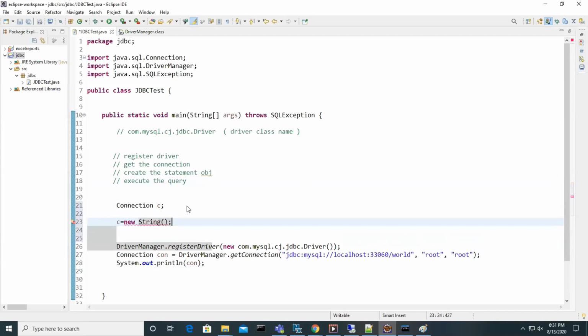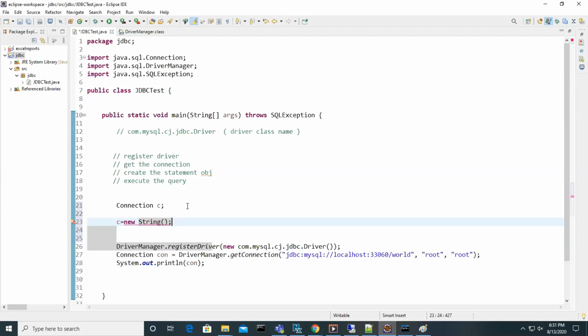No. Why can we not store it? Why can't we store, guys?